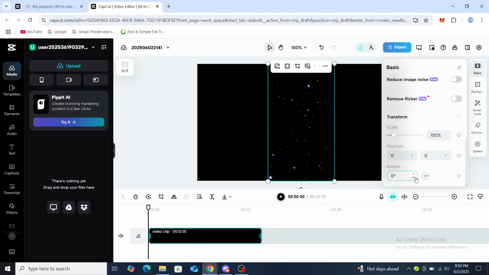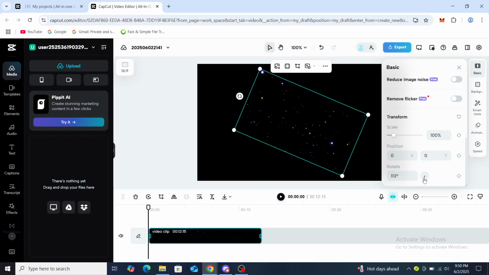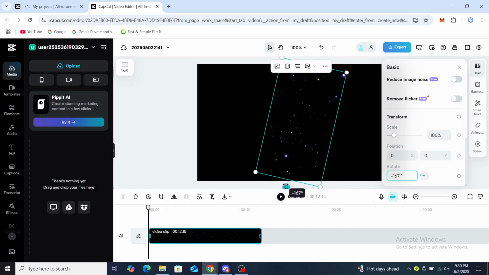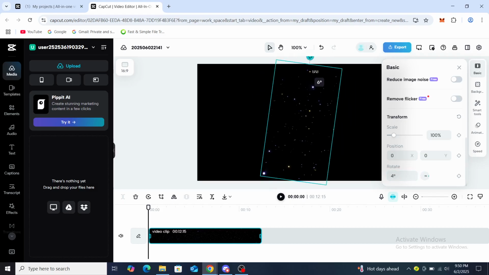here rotate. Now you can do it with this circle next to it, so you can choose where it's going to be rotated. So you can see it's going to be, if I click on this, it's going to rotate it by 113 degrees. So if I click on this, it's minus 174. But don't worry, if you wish to toggle it just a bit, you can just do this and you can see it's switching up. You can also go ahead and click on this and rotate